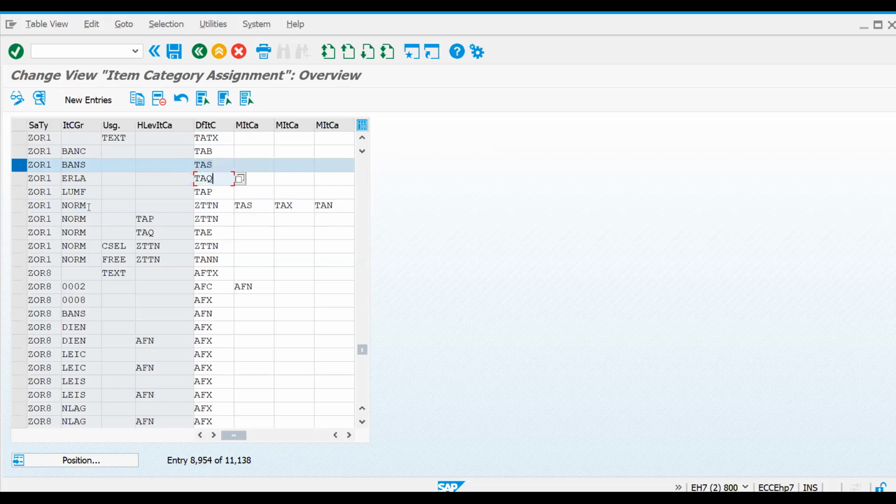If you observe clearly, there are a couple of differences. Norm is for your standard materials, BANS is for your third party materials, which are directly delivered by the vendor to your customer. This is one of the key differences between norm and BANS. Whenever you would like to consider your material as a third party material, you have to assign the item category group as BANS. So now let's check